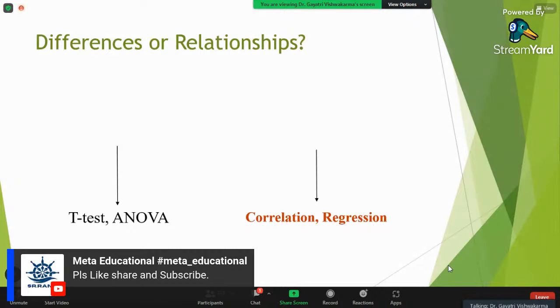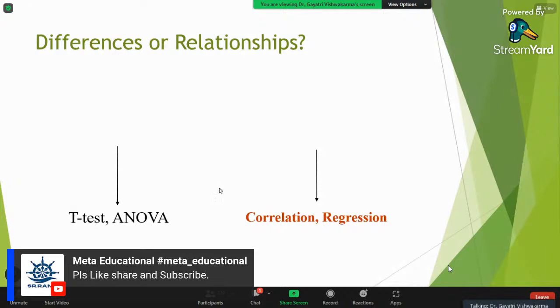Descriptive statistics or univariate statistics, where you are analyzing one variable at one time point, and you can generate only descriptive statistics. When you require to compare two things, your objective is to find out the differences between two groups, or the relationship between two variables.